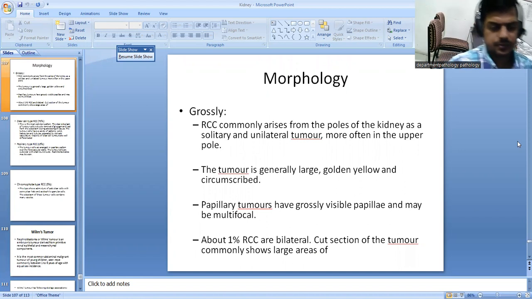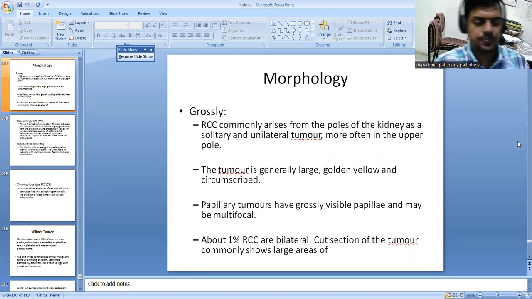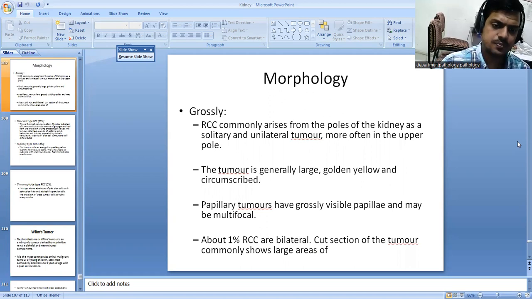Morphologically, grossly, the RCC commonly arises from the poles of kidney as a solitary and unilateral tumor, more often in the upper pole. The tumor is generally large, golden yellow, and circumscribed. Papillary tumors have grossly visible papillae and may be multifocal. About 1% RCC are bilateral. Cut section of the tumor commonly shows large areas of